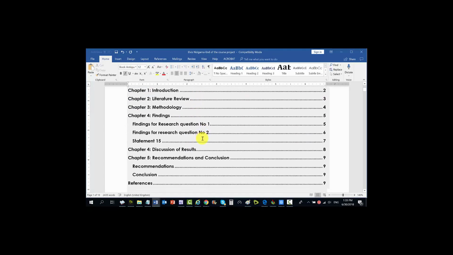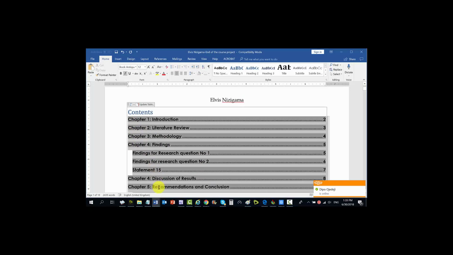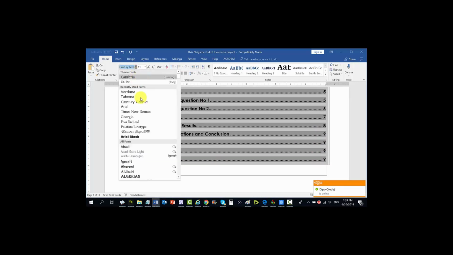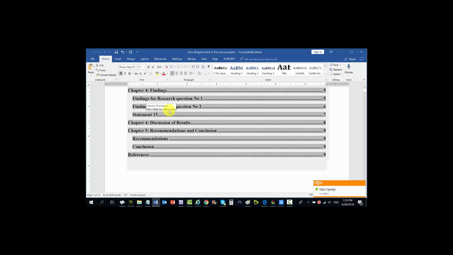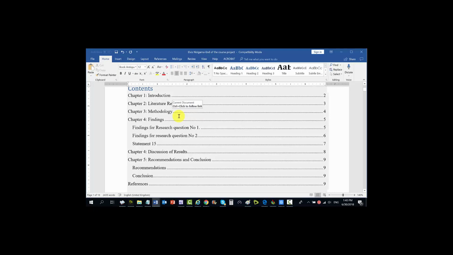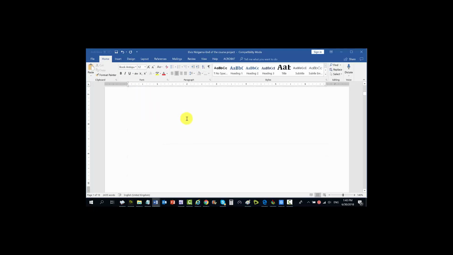introduction to page 2, this to page 3. So you can see how lovely. So you can see format this. You can just highlight all of this. You know it is bold. You can do anything. You can change the font. If your university says let's be Times New Roman, you change to Times New Roman. If this is bold, you can make it, so you can see you can do all manner of modifications to this. Now let's go to